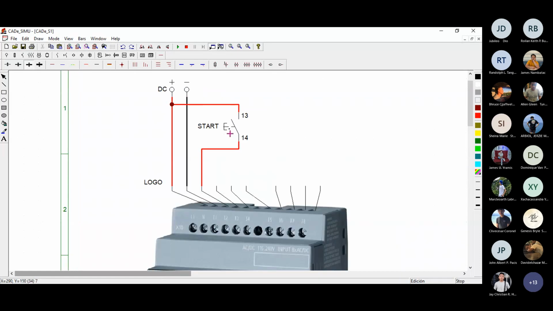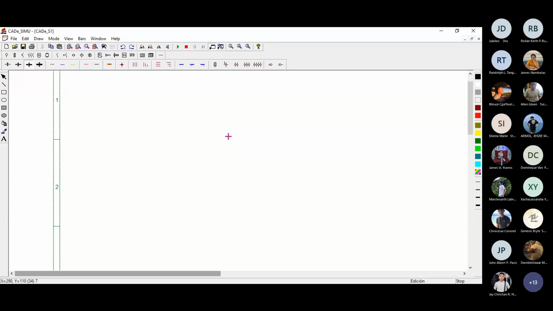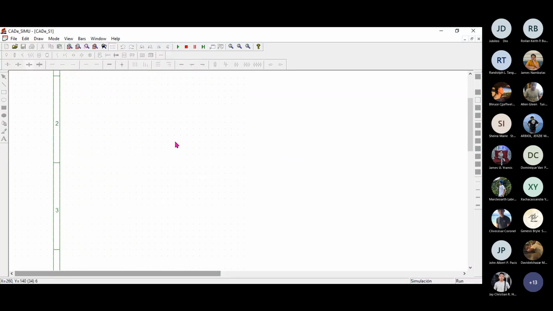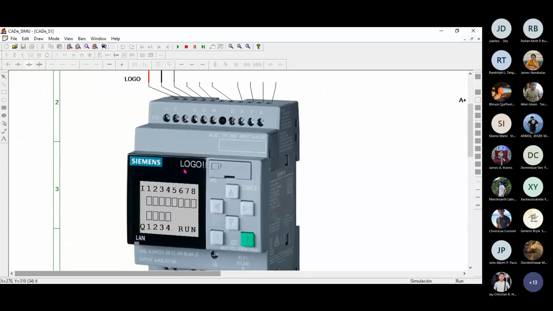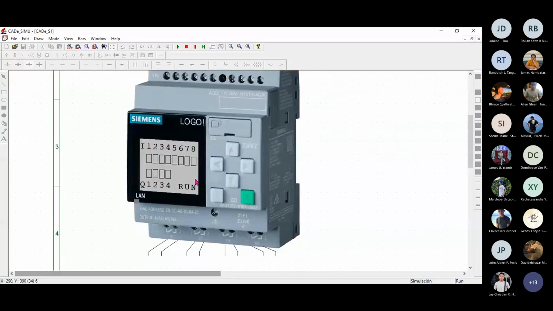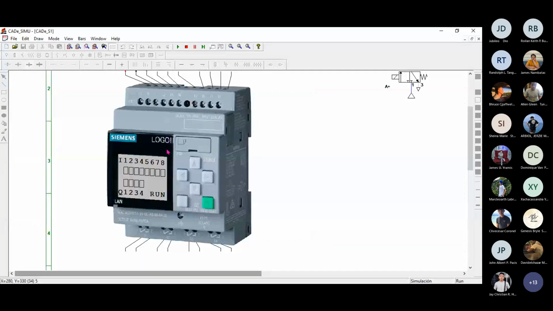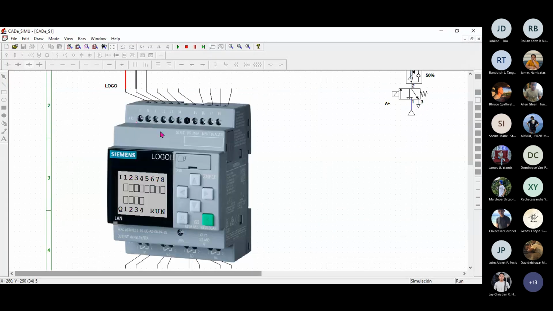Now let us check if the push button is connected properly. You can click the simulation button, this one, which means you are turning on the supply. Just click this simulation button. And as you can see, your PLC is energized, which means you correctly connected the PLC to the power source. Now, if we press the start push button, as you can see,